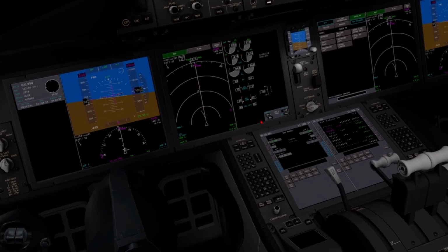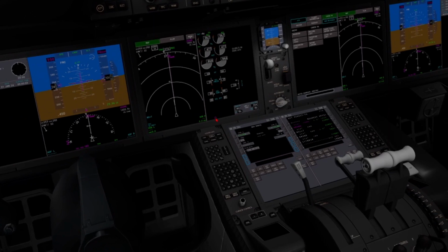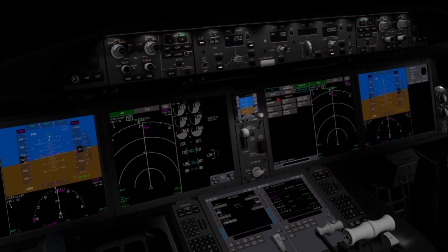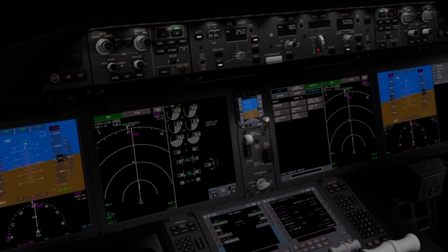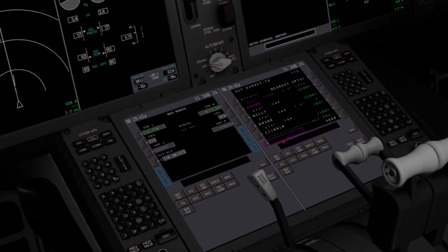Just give me one second. 28 right, it literally just changed. So just give me one second to change this in Navigraph. We're going to do a small descent down to 5,000 because I don't really know what's going on. I do know what's going on, but